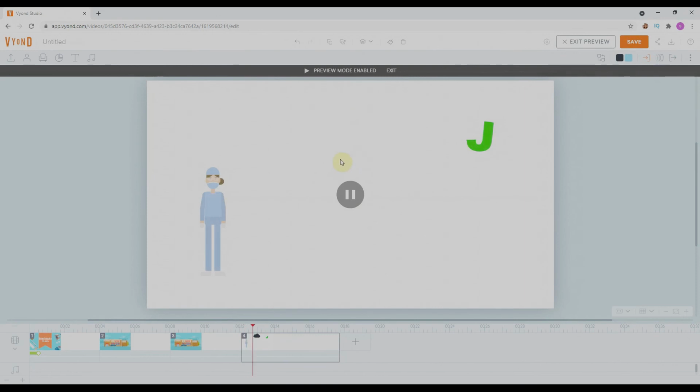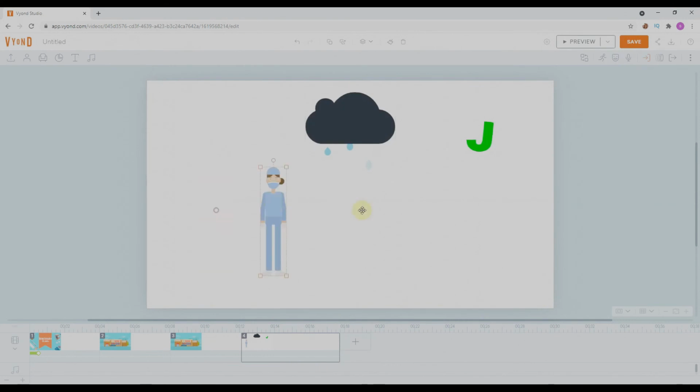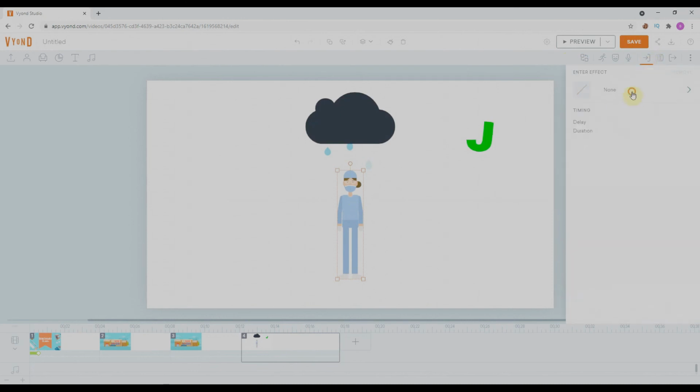Now the cloud enters our scene after 2 seconds, and I'll select this character over here, and we'll go again for the entering effect, and we'll go for slide, and we'll select this down and apply it.